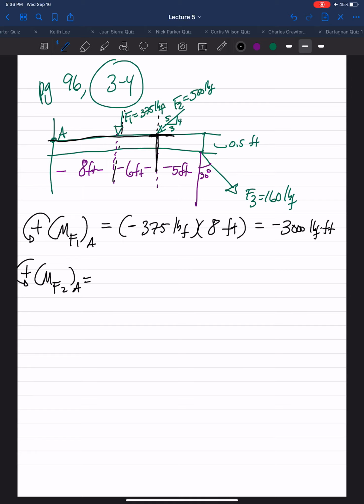So we said our perpendicular distance is 8 plus 6, 14 feet. And we want the vertical leg. Once again, the F2 is causing down, pushing down. So it's causing a clockwise rotation, which is negative. So it'd be negative 500 pound force, because we're saying counterclockwise is positive moments, times our vertical leg component of that force, 4/5 ratio, times the perpendicular distance, 8 feet plus 6 feet. This gives you